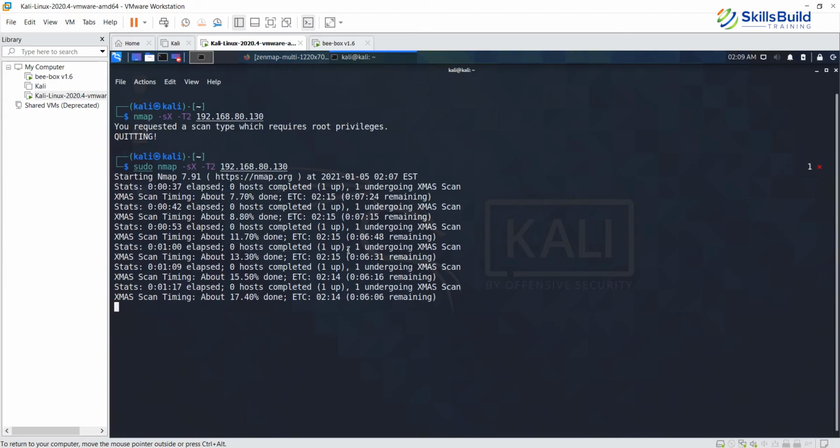We'll do the banner grabbing, and then we will do other scans like host discovery using the ping scan. We will also check out the port states. So there are a lot of other things coming up.